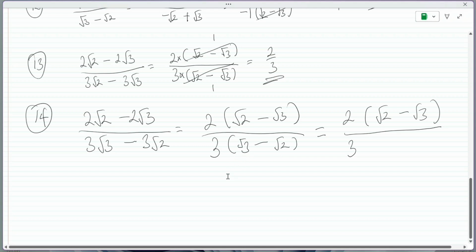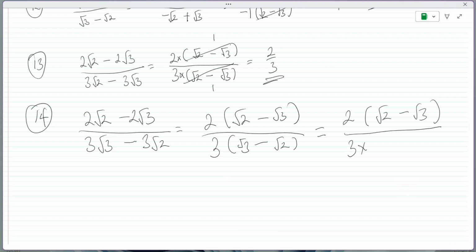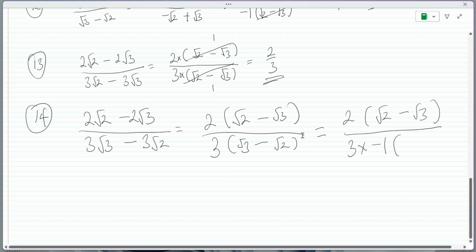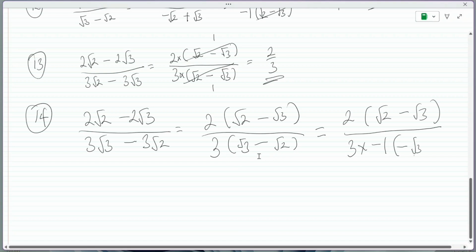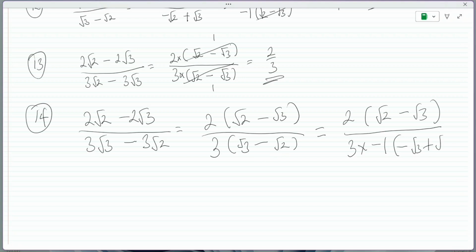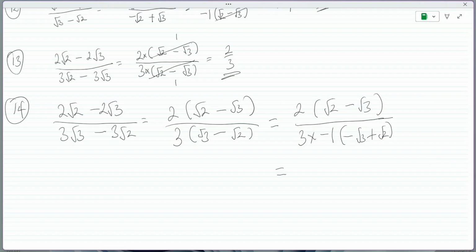So we can bring out minus 1. You can say times minus 1. You open your bracket. Immediately you bring out minus 1, the root 3 now gets a negative, so you have minus root 3. Then the root 2 gets a positive, plus root 2. You close your bracket. On the next line you have equals 2 into bracket root 2 minus root 3 close